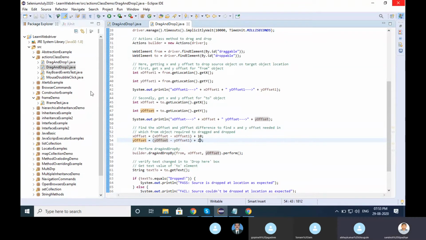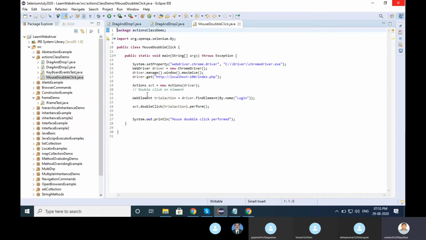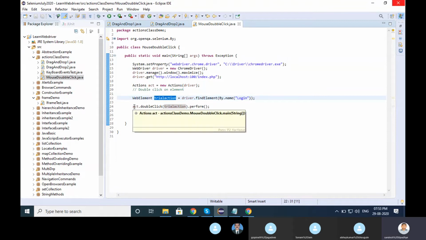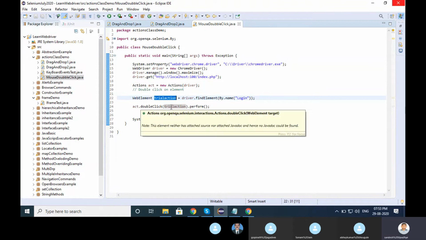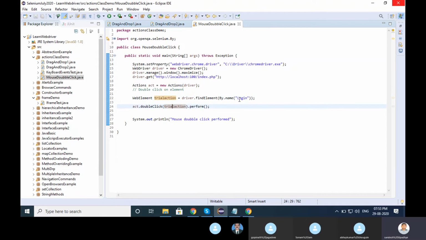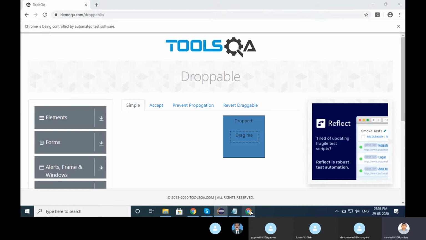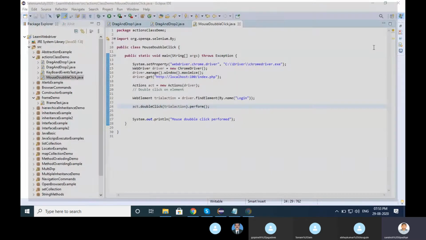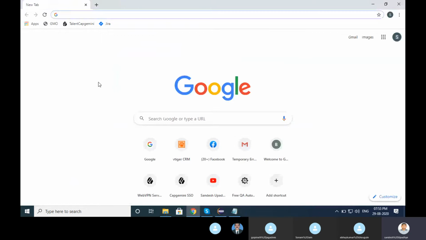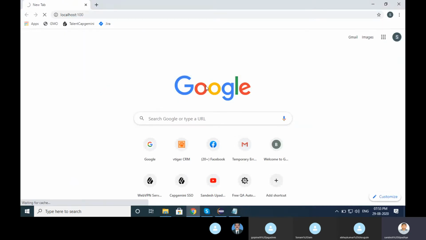Got it. And one more thing, very simple. Double click. I just opened the localhost, Actions, double click on a web element, stored into a variable, then actions dot double click and perform, on the login button. The situation is not correct because I am opening the vTiger application on localhost. The situation is not correct, but I am telling you the situation where if you have any situation like this, what I did is I just opened the vTiger application.